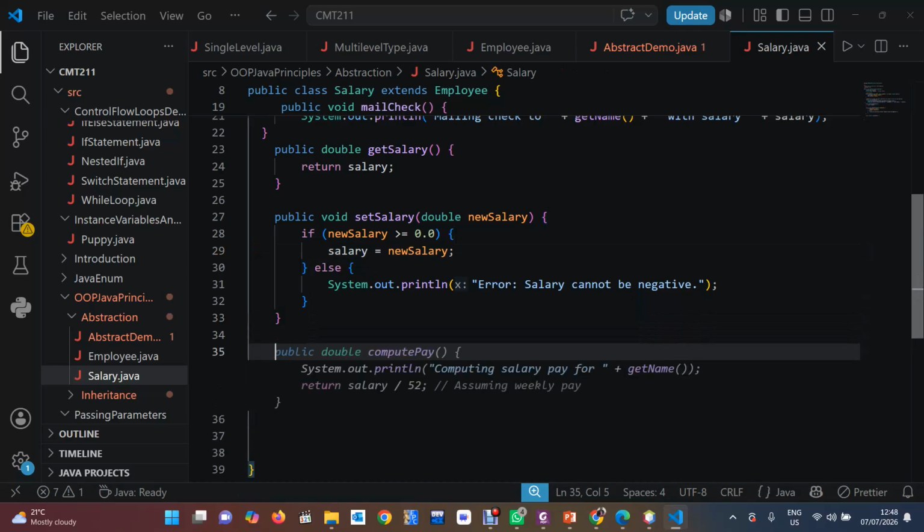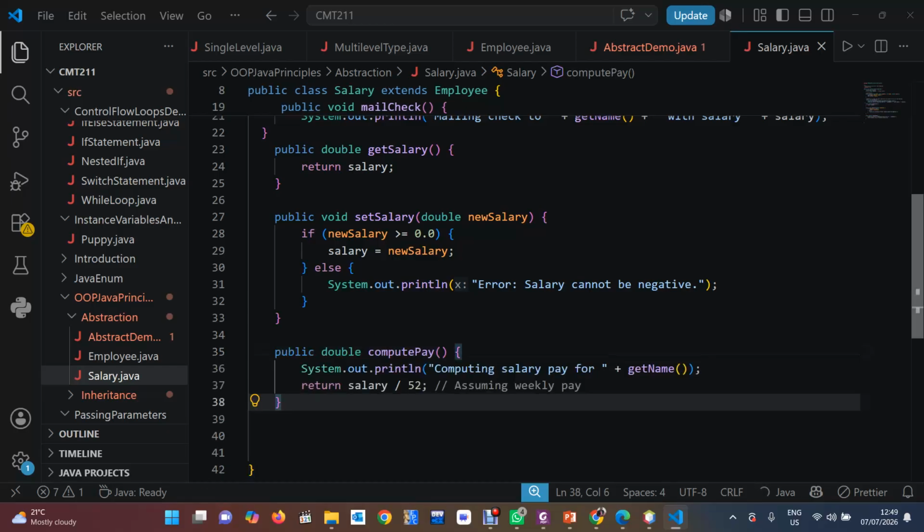So we can now compute the salary of this employee. Now we have to compute that. We assume that your payments are being done weekly. So how many weeks are there in 1 year? It is 52. If you want to make it monthly, then you can put here divide by 12 for you to have